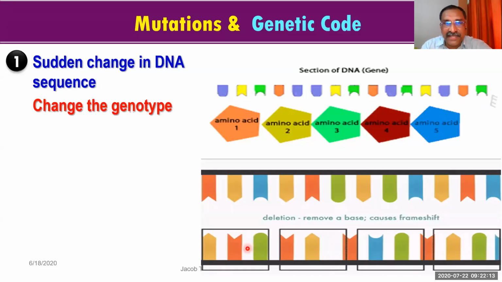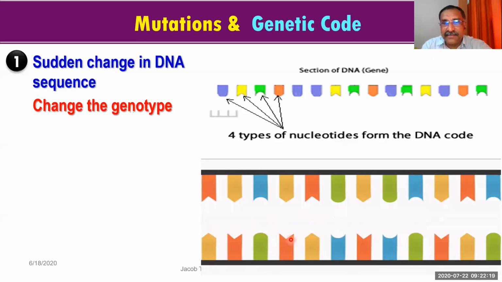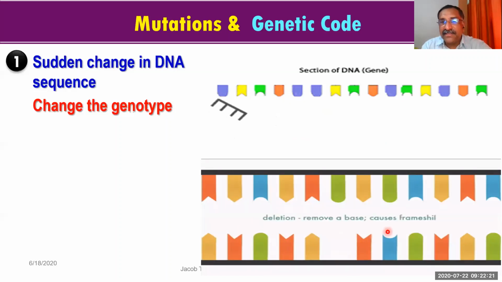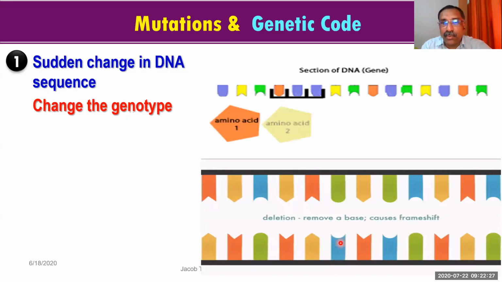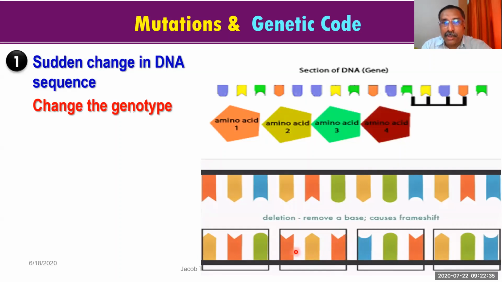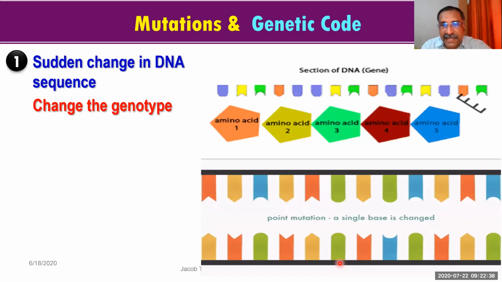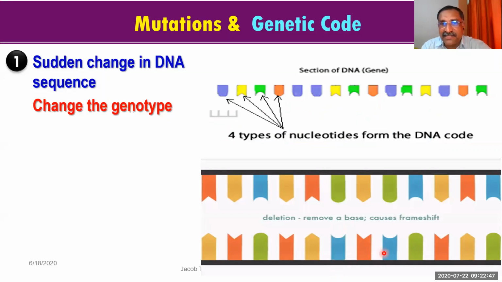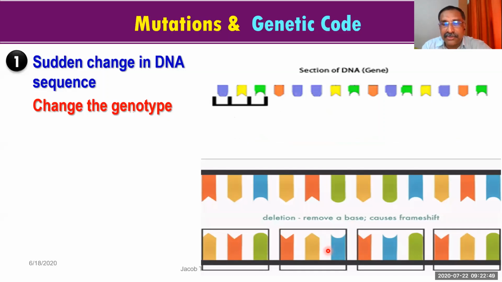So when you observe here, you see 3 nitrogen bases. This is representing one character. This is representing one character. This is representing one character. So all these 3 nitrogen bases represent one character. Now you see what is happening over here. What is occurring? Look here. This is a combination of 3 nitrogen bases. But out of these 3, one has gone. The particular nitrogen base has disappeared. So when this nitrogen base disappeared, what happened? The nitrogen bases on the right side have come to the previous position. The character has been changed.